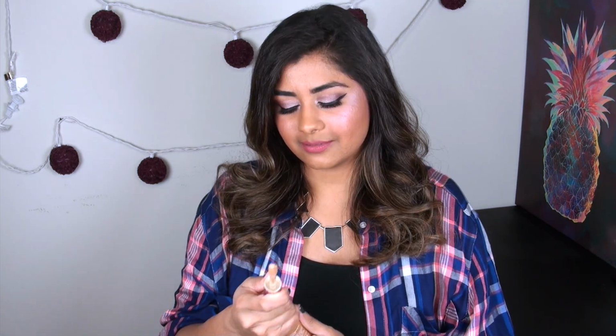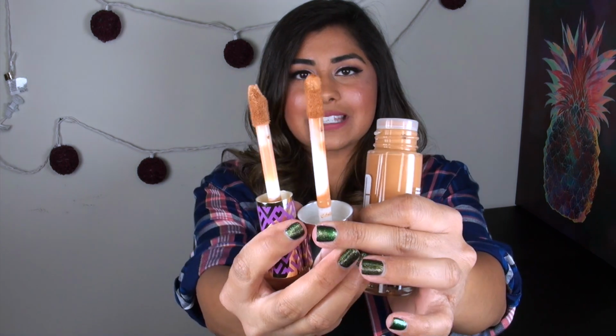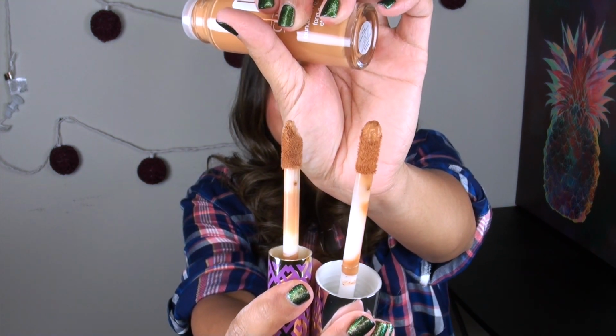Is this the same applicator as this Clinique? Hold on, I gotta check this now. It is. It is literally the exact same size. Let me see if I can show you guys this. It's literally the exact same size as the Clinique applicator. That is so funny. Okay guys, so that is everything that I purchased,